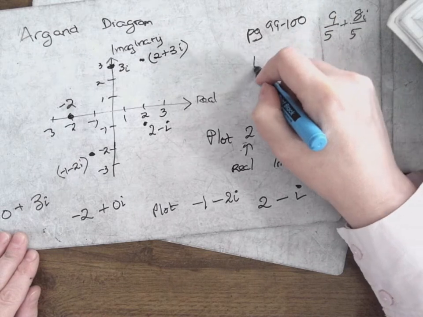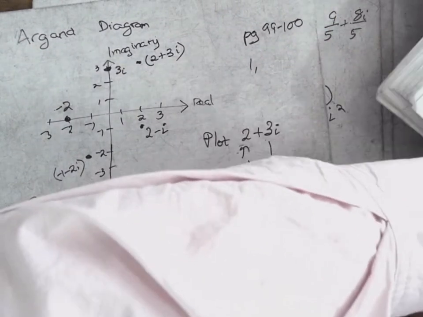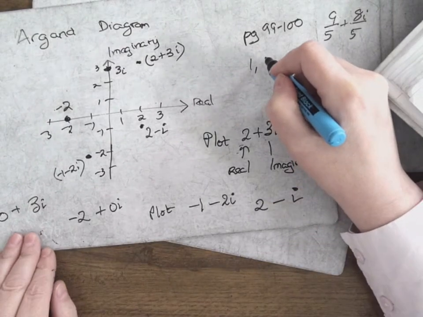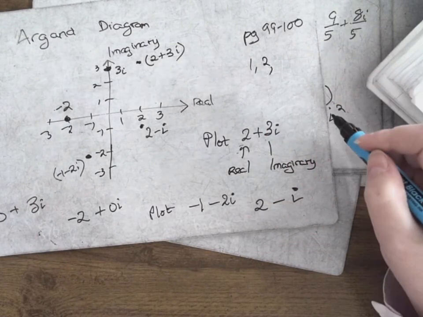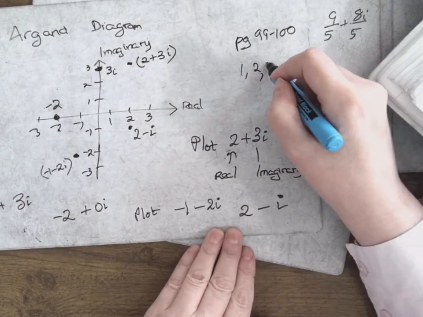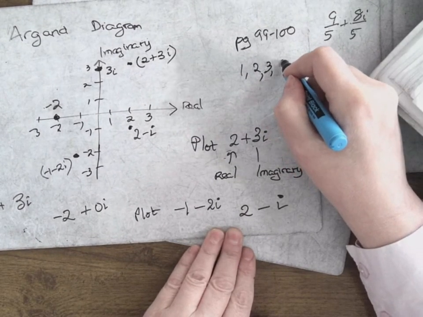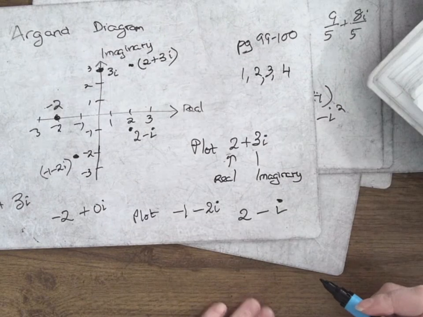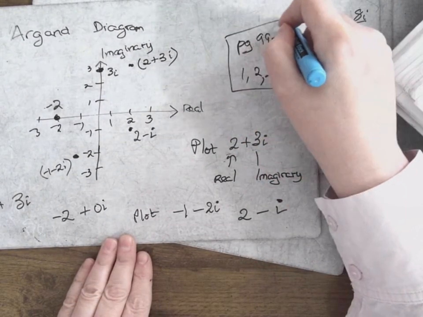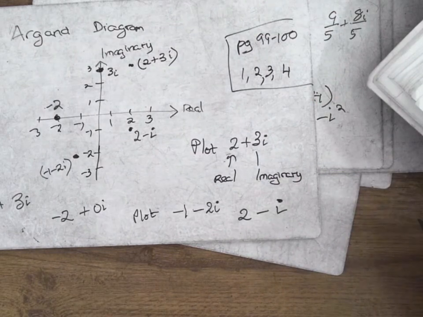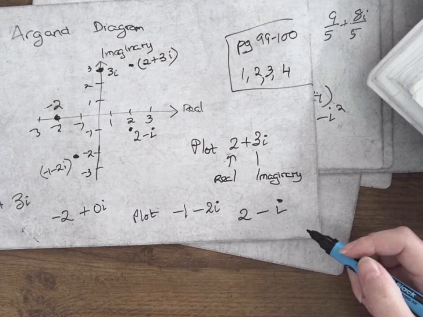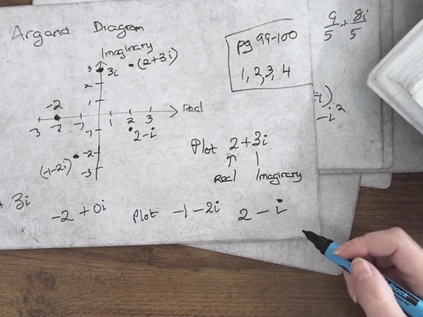Let's do all of question 1. All of 2. What time is it? You've got 20 minutes now. So I'll go all of 3 and all of 4. Okay? So page 99 to 100, 1, 2, 3, and 4, and I'm here for help if anyone needs me. Okay? So you're just plotting, and in 2, 3, and 4 you might have to multiply or add